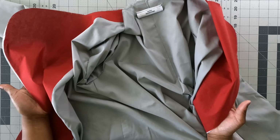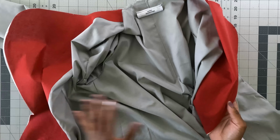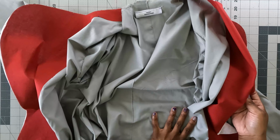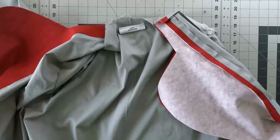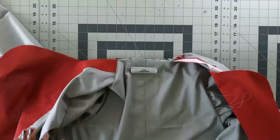It's the same thing, no difference. The only difference is leaving an opening at the side seam and on the sleeves. All right, so now that I went ahead and told you how I did the lining,